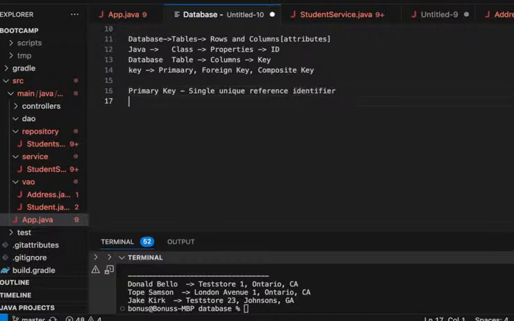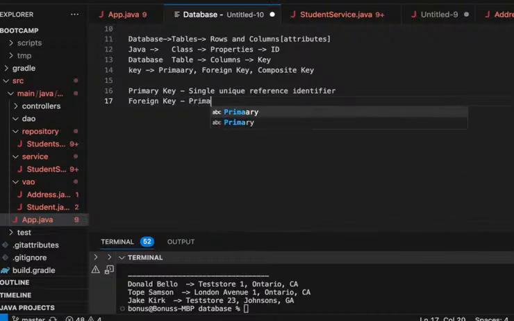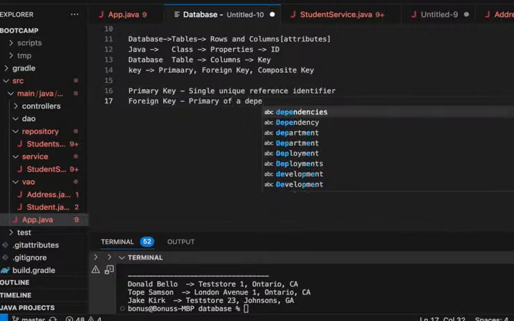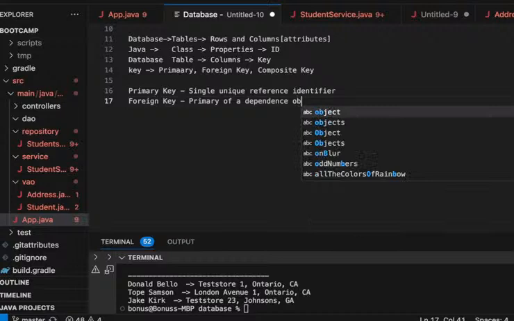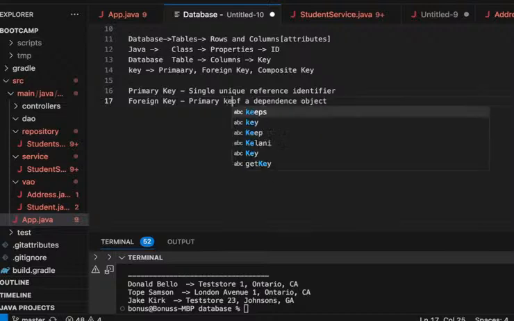Now we also have foreign key. Now, what is a foreign key? A foreign key is also a single unique. It's a primary key of a dependent object, which means it is also a primary key. It's also a unique reference identifier. But in this context,